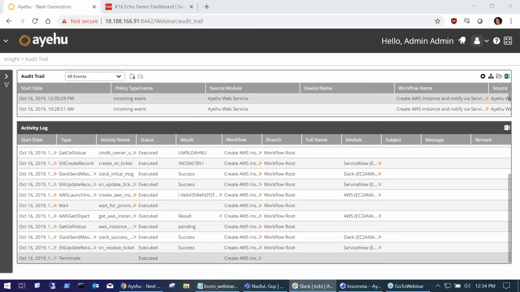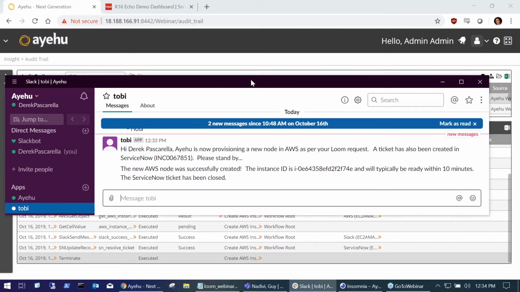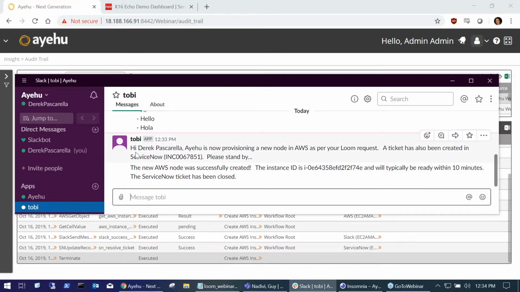Now, if we take a look at our Slack message bot, we can see that it greeted me here. Hello, Derek. We are now provisioning a new AWS node as per a Loom request. A ticket has also been created in ServiceNow, and it gives me the ticket number. And then it let me know just a minute later the new node was created. Here's the instance ID, and that it will typically be ready within 10 minutes, and that the ServiceNow ticket has